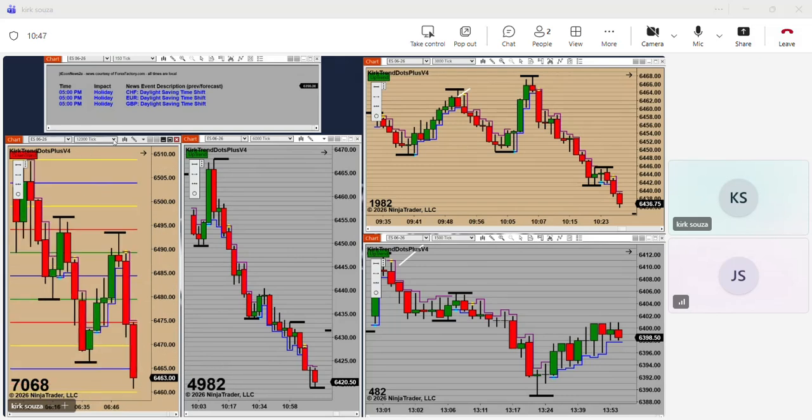Because the 32 4-to-1 is a 3,000. So if I get a red green over here, I'm only looking at the 3 to 1 for the engulf. If I get the red green on the 6, then I'm looking at the 15. I mean, you can look at any charts. I just found that the 12 and the 6 give you more setups